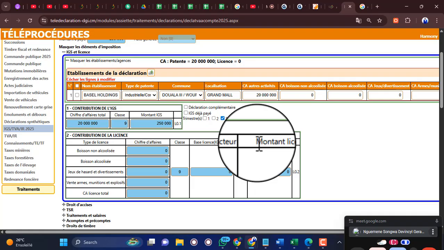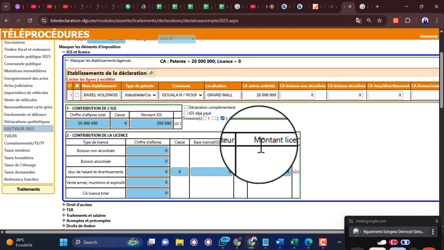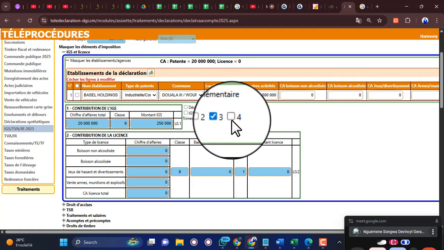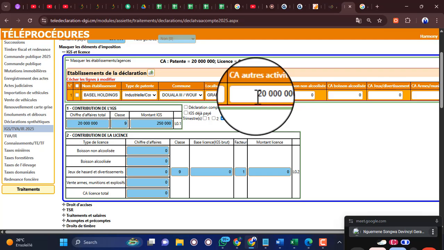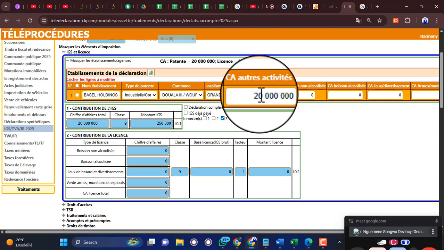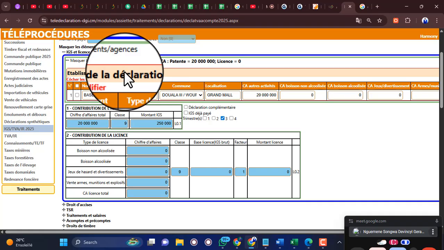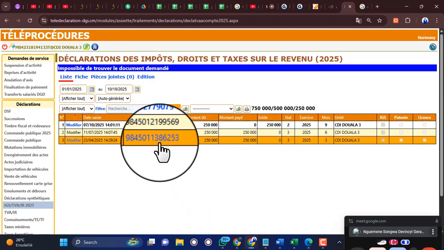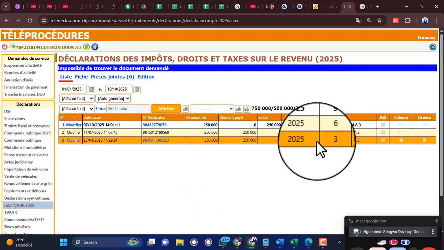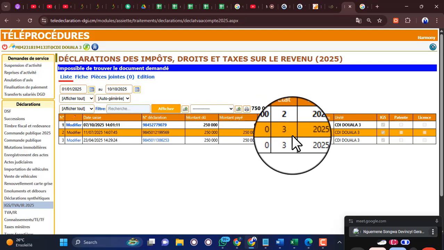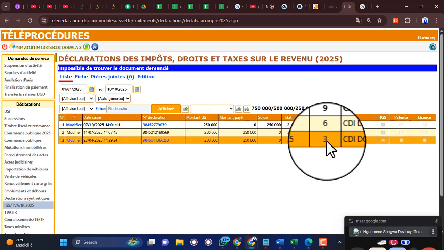Now we are going to select the fourth quarter when we'll be making declarations in December or at ending December, beginning January 2026. You just enter the same 20 million as turnover, because it's the annual turnover, it's not monthly turnover. What does it mean? If you have said that your forecasted annual turnover is 20 million, it means that inside this declaration that was done for the month of March, representing the first quarter,